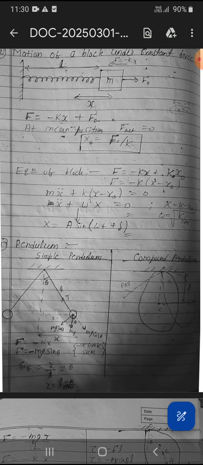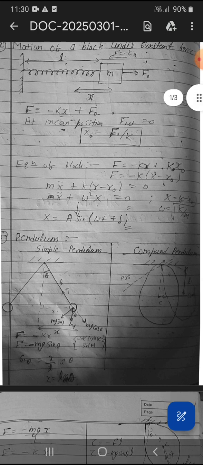Now, we have seen that case, and for that the equation of the block was F equal to minus kx, and we have solved that and got x double dot plus omega square x equal to 0. Now here what will happen? How will the equation change? So here, since F equal to minus kx plus kx naught,